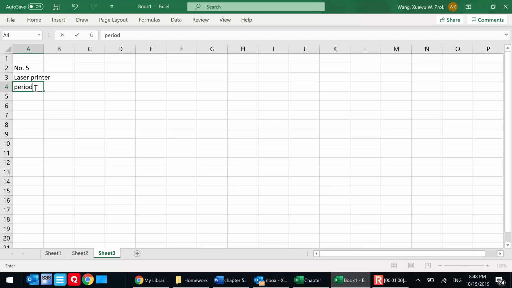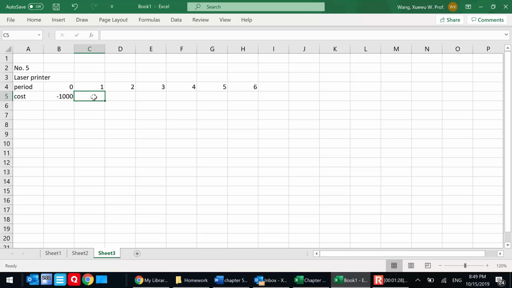So let me do the period here. 0 is for now. This is for the laser printer, so it's good for 6 years. So I'm just going to have a 6 period timeline here. And I'm going to look at the cost. The laser printer is going to cost 1,000. And then it's also going to cost